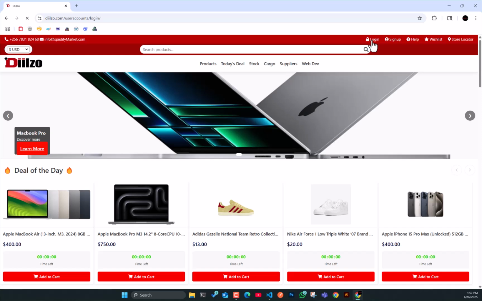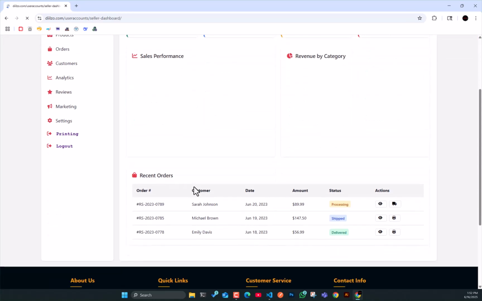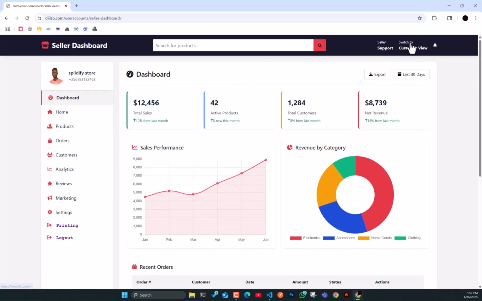Now I'm going to log in. I already have my passwords and I can log in. Then you find I'm greeted with my dashboard, but I just want to go back to customer view